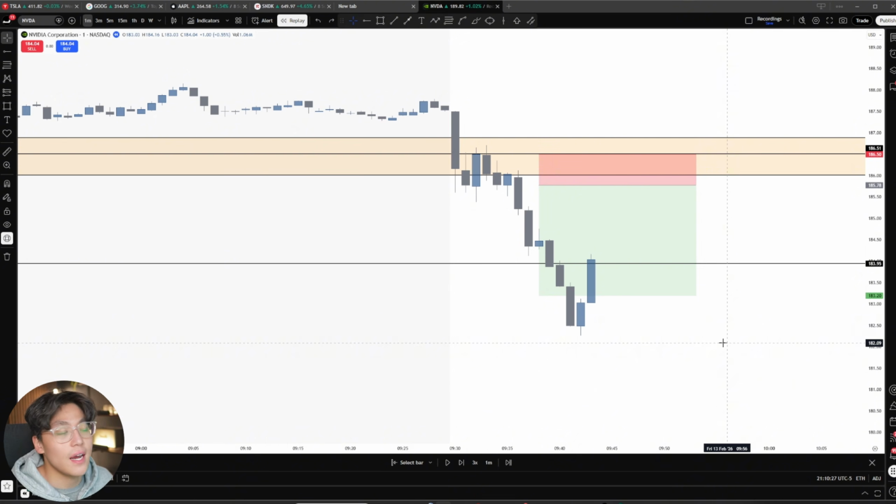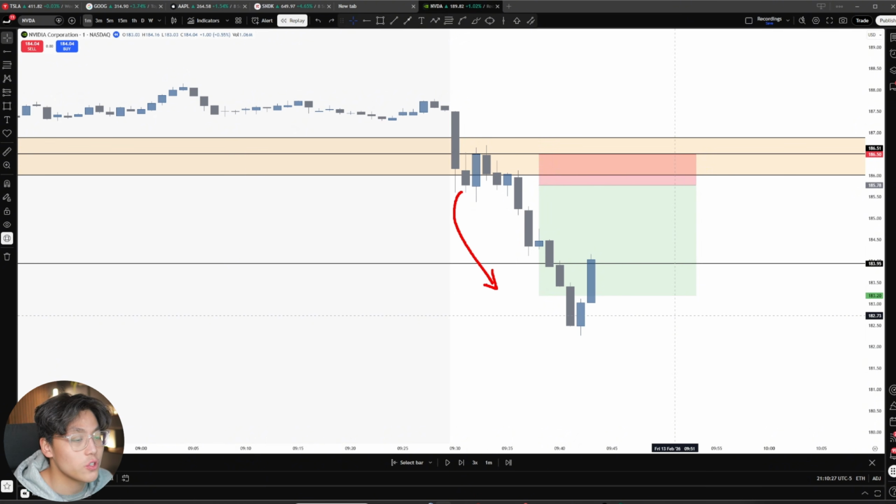So with this being said, as you can see, we end up having a super solid push towards the downside. This was a great example of using the previous day low continuation setup. Now with this being said, let's go into the live session to show you guys exactly how I executed this